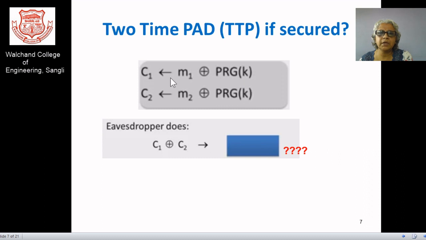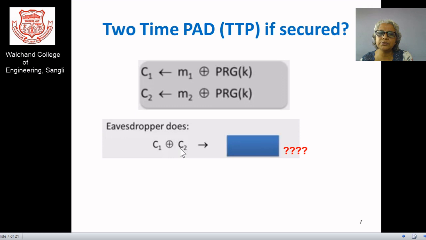So with the same key, if you have two samples of your plaintext, you get the first sample of your cipher and another sample of your cipher. Now, if these two ciphers are known to the opponent, then the opponent can XOR these two ciphers. Can you give me the idea what the answer will be?